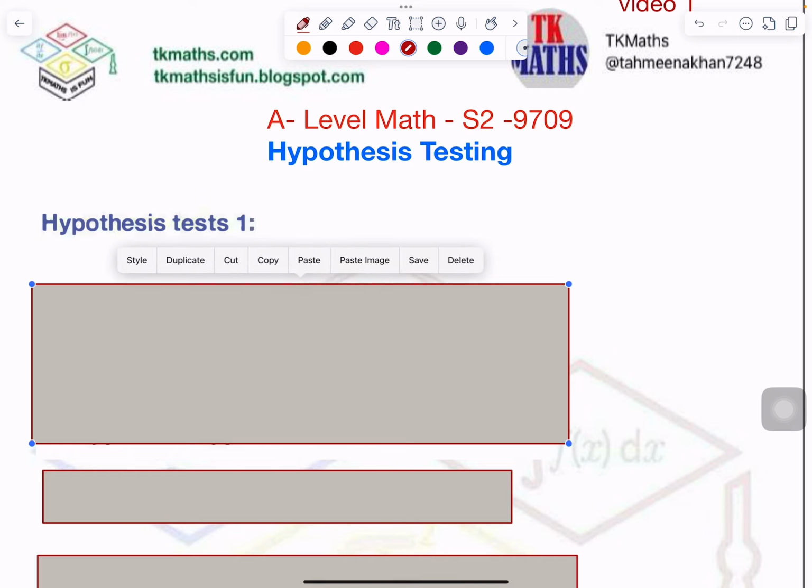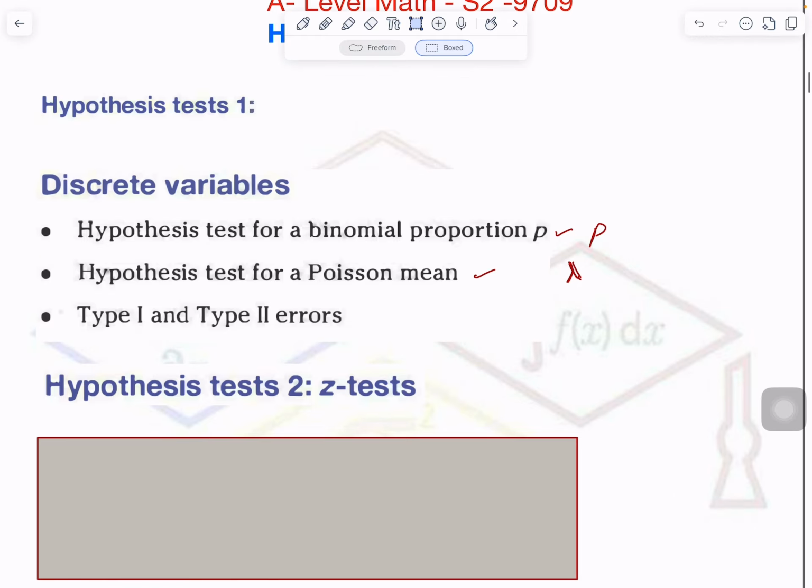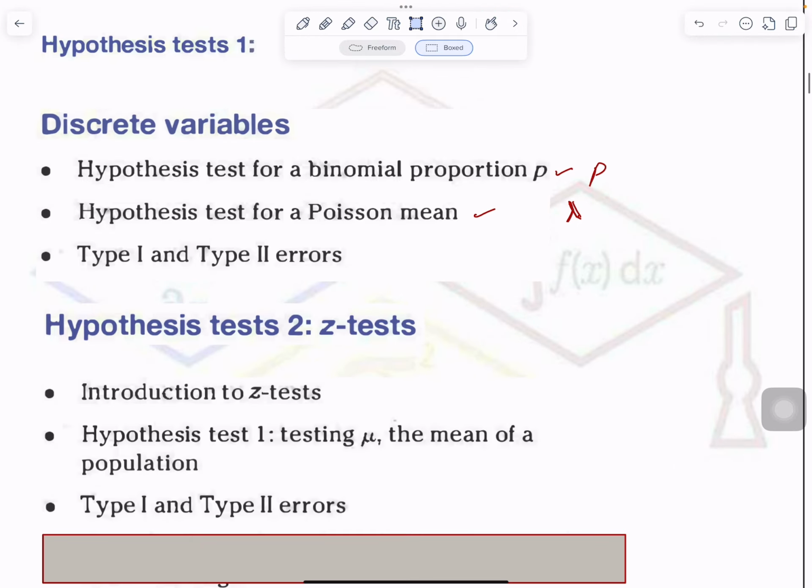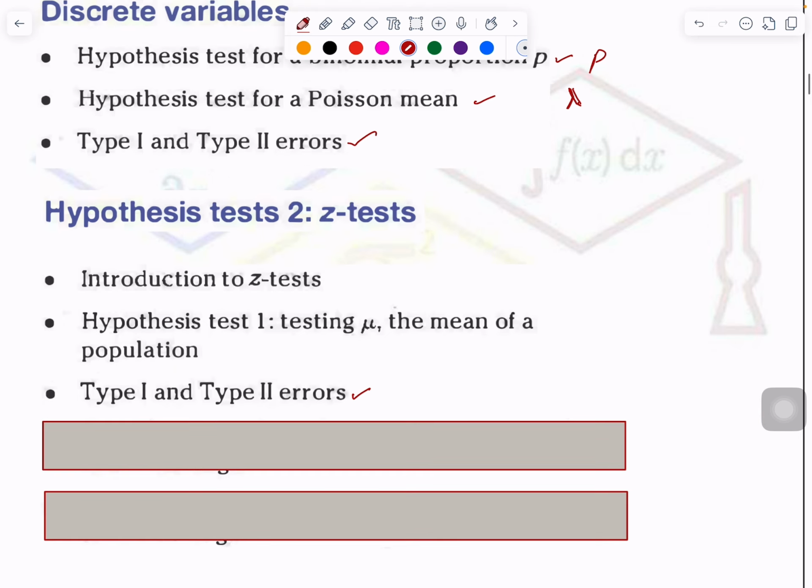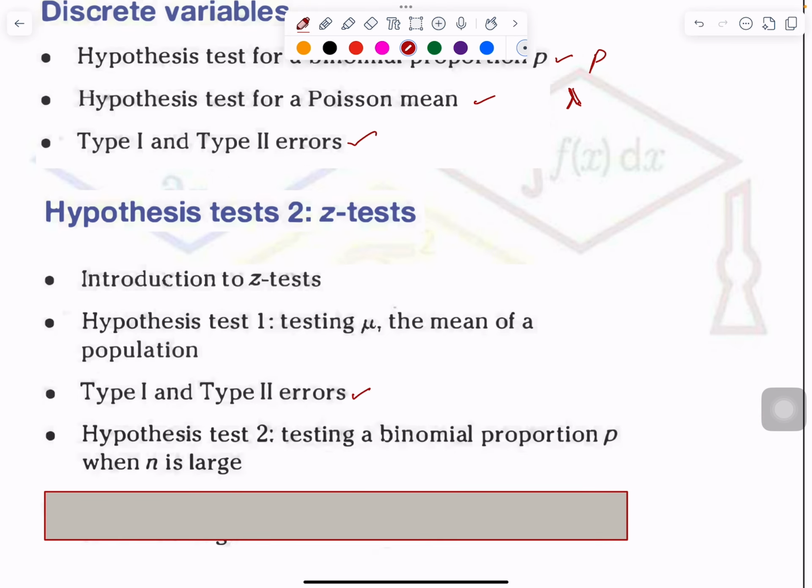Now, hypothesis test 2, which is on z-test, you are aware from the study of S1 last year. Okay, this is related to normal distribution. So what happened now? Introduction to what is z-test will be covered in this, and hypothesis test based on the mean mu of the population, and type 1 and type 2 error, which will be the same. The definition I'll explain it to you. Besides that, you will study